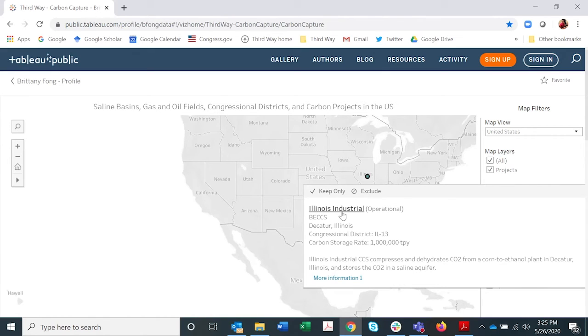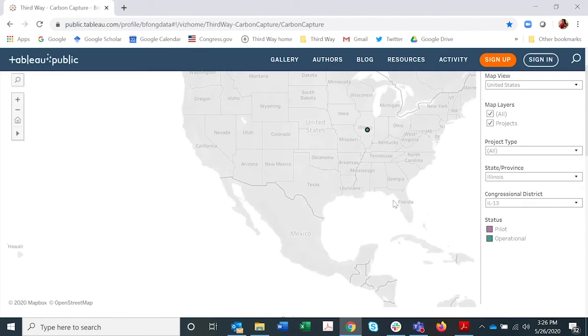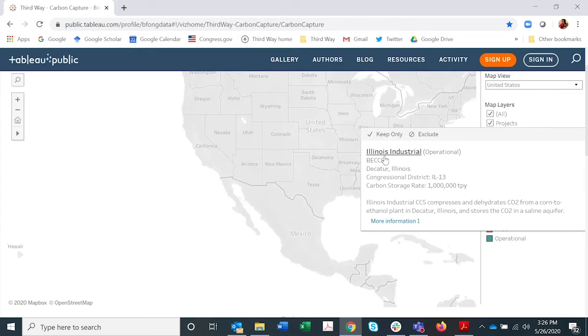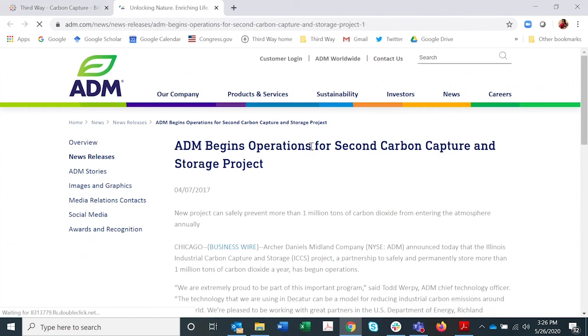The name of the project, which is the Illinois Industrial Carbon Capture Facility, its project status in parentheses, operational, its project type, BECCS, where it's found, Decatur, Illinois, its congressional district, Illinois 13, and finally its carbon storage rate in metric tons per year, in this case 1 million. At the bottom of the text box, you can see that there is a 1-sentence description of the facility, and finally you can click on a web link and it will take you to a website that explains more about